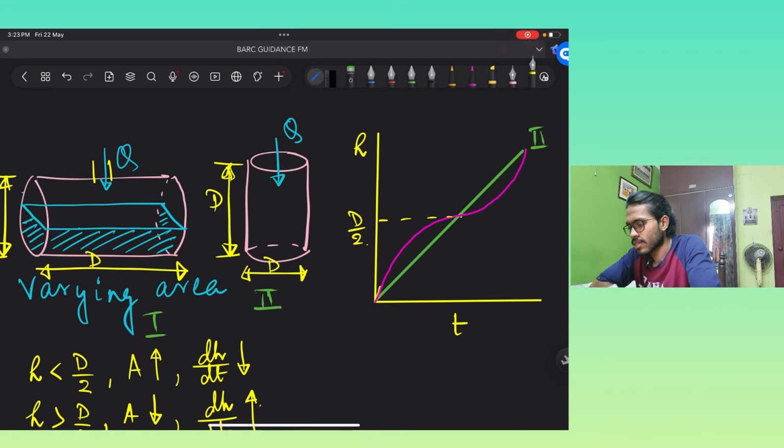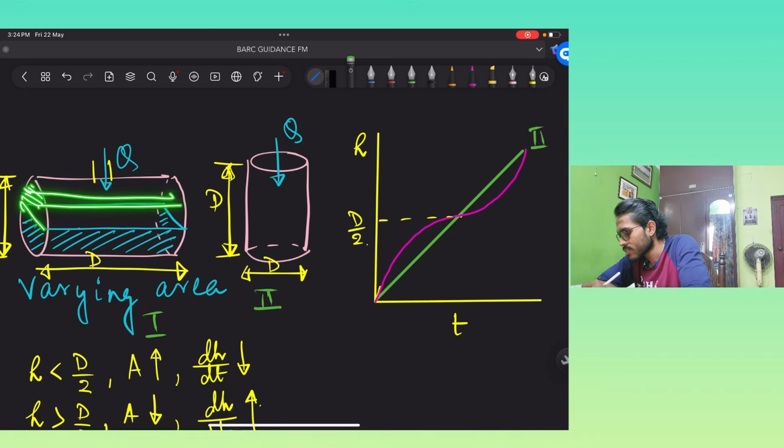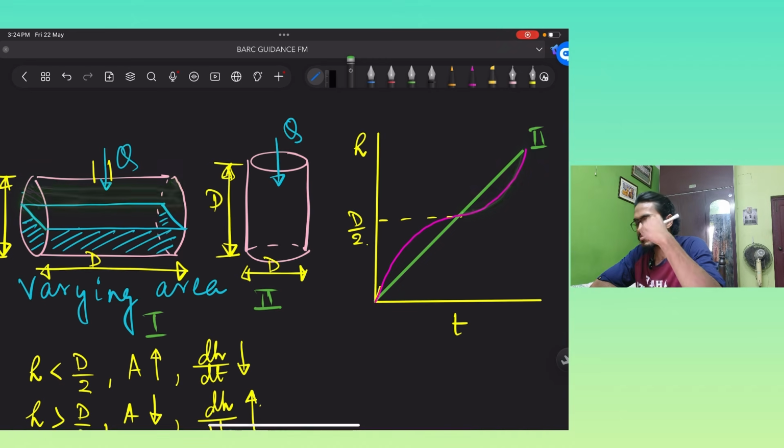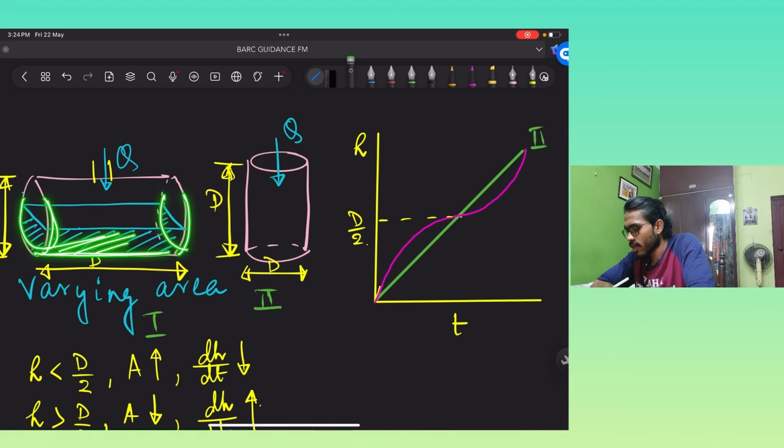So this will be the thing: after d by 2, area is surely decreasing, so the slope has to increase. Okay, so this will be the thing. Now at first what is the area? Area is this much, or you can say that this total is the area, because this will fall onto a total area. So this is a finite area, but here